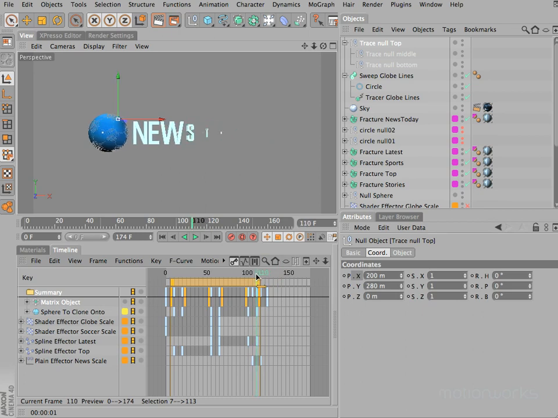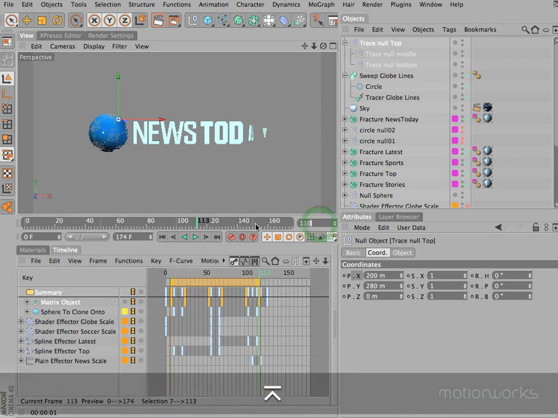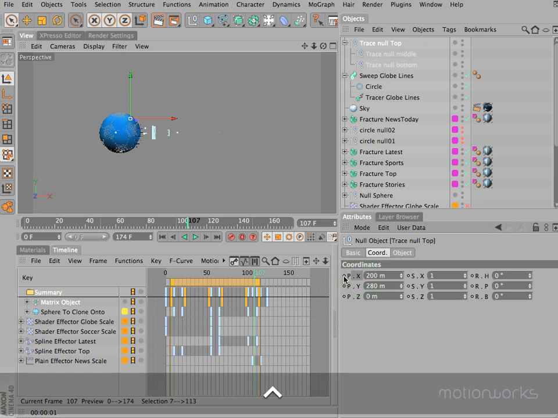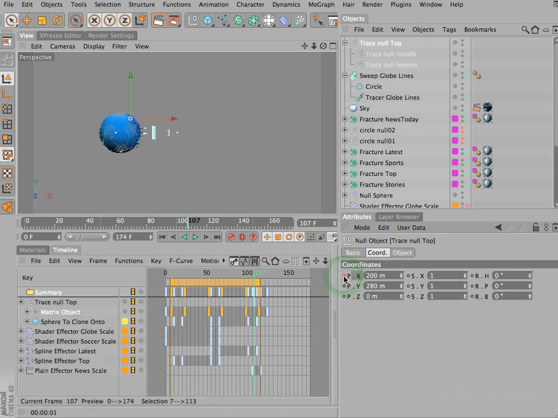And I think that it would be nice that as the text kind of wipes on, we have the tracer happening at the same time. So let's come back to, say, around 110. Okay, a few frames before, 107, just as the first letter is starting to appear. And let's add a key for X there with a value of 200. If we then scrub through,